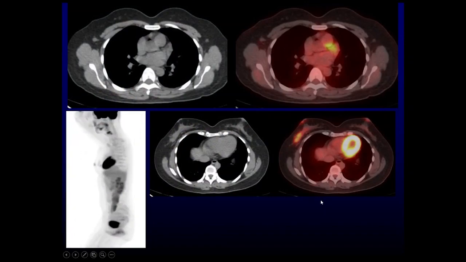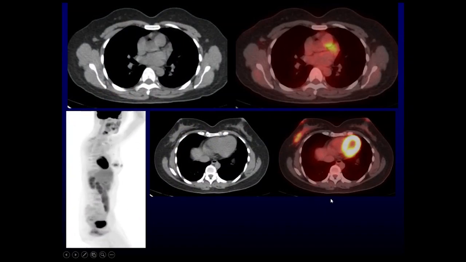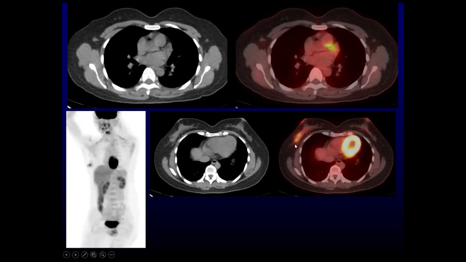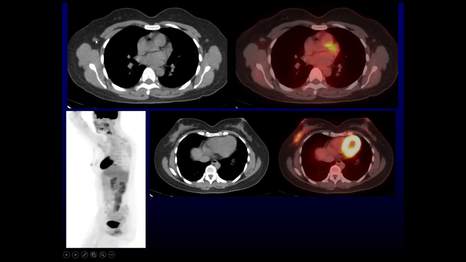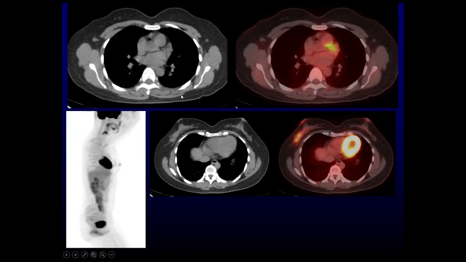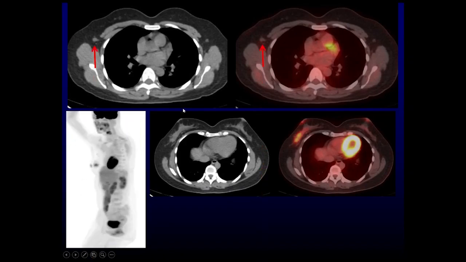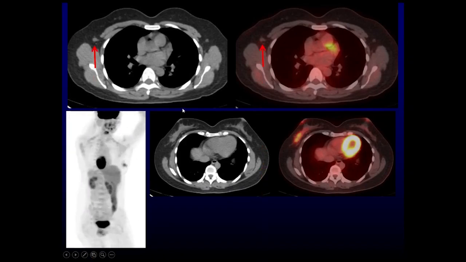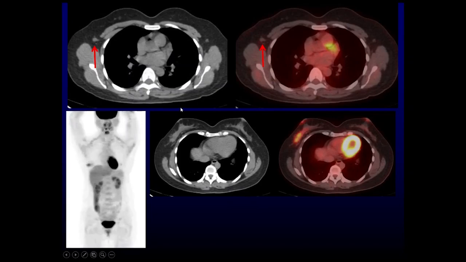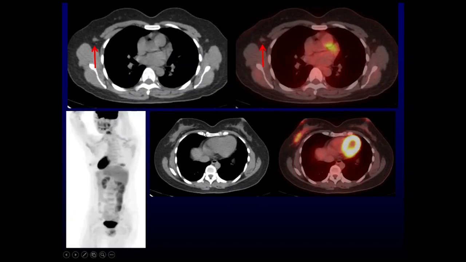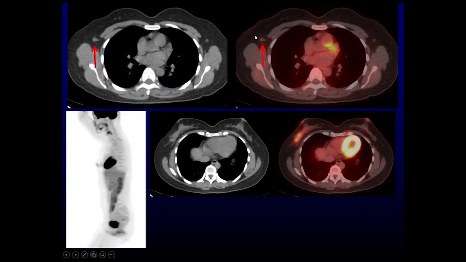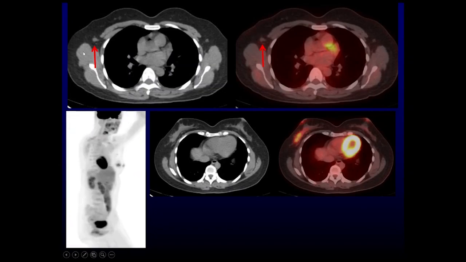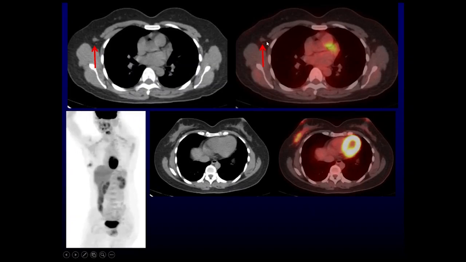We'll break this up into the axilla and extra-axillary lymph nodes. Here's a patient with a primary breast malignancy which is visualized on the FDG PET, and we can see there are no FDG avid lymph nodes within the axilla. However, on a pathologic evaluation of the axilla through a sentinel node biopsy, it was found that this patient does have axillary node metastases. So here we were not sensitive enough in order to pick up malignancy on either the FDG PET